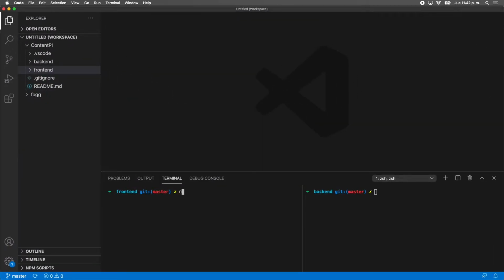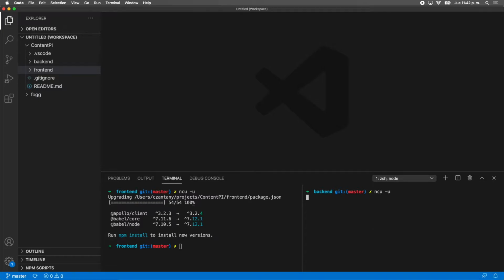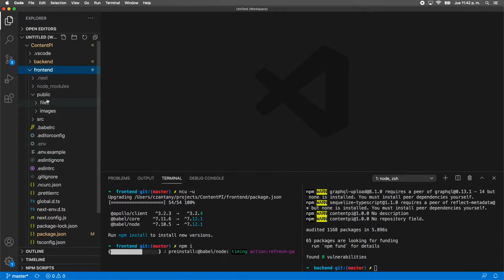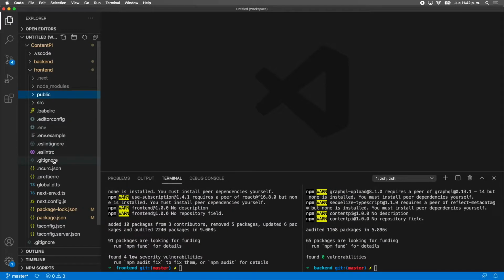So the first thing we need to do is, as always, update our packages using ncu -u, and then just make sure you are updating the versions you are seeing on my terminal to avoid any issue, and then you install those. Okay, so the first thing we need to do is going to frontend, and you need to go to